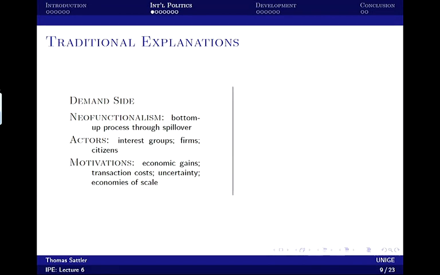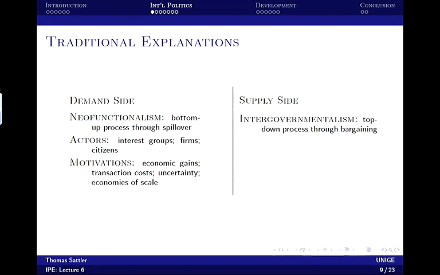What are transaction costs in the first place? So transaction costs means that you have to adapt to different regulatory environments, that you have risk and uncertainty when it comes to exchange rates. They can vary a lot. And those are all obstacles to trade. So you want to avoid that. And that's why you integrate.